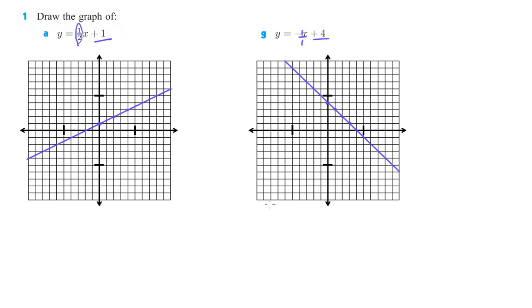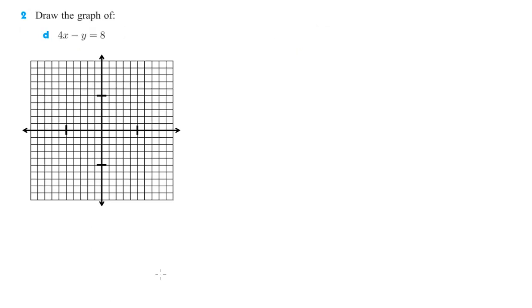So about like so. All right, number 2, draw the graph of 4x minus y equals 8. Now you can graph it just like this, and there's really two ways to do it. You can do it by x and y intercepts, or you can solve this thing,